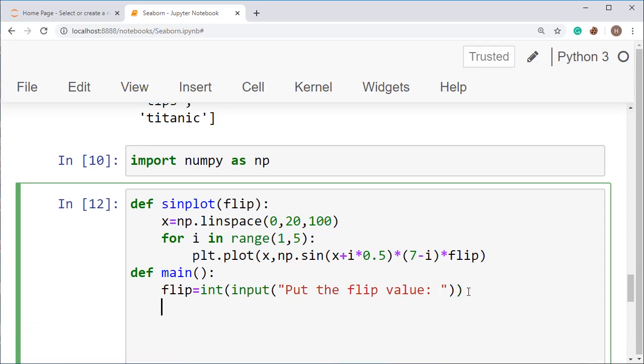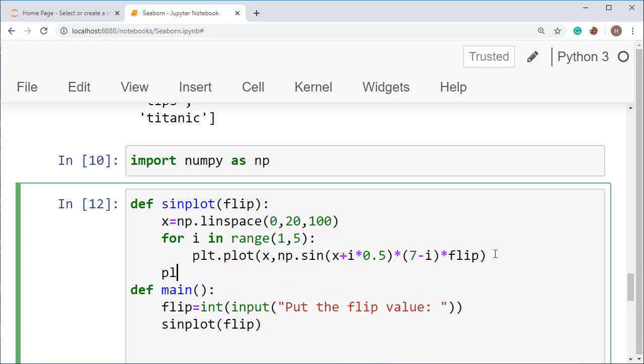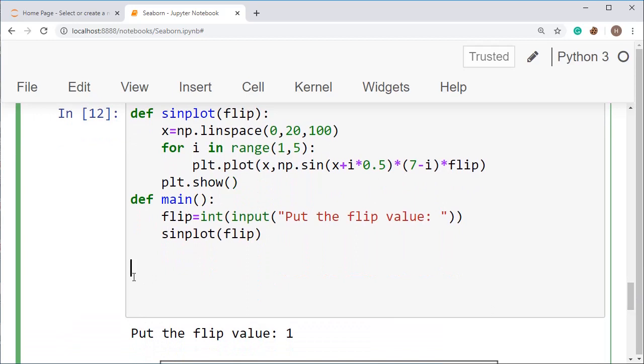Actually, I am trying to make things interactive with the user so that anyone can change the graph by changing the flip value. Now we have to call the sinplot function and pass the flip value. We have missed one thing, that is plt.show. This is the syntax which will display the graph. Now call the main function.